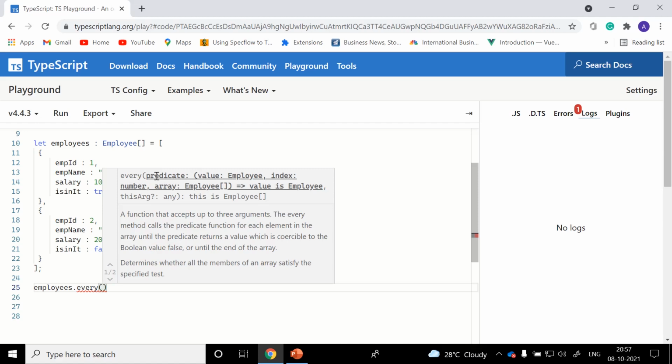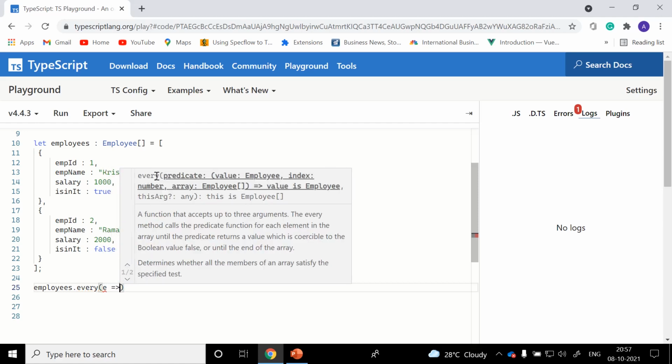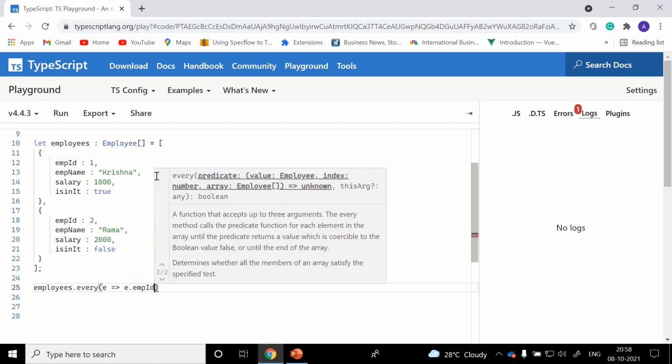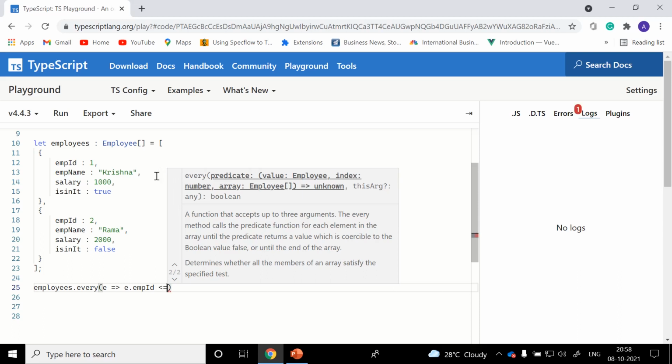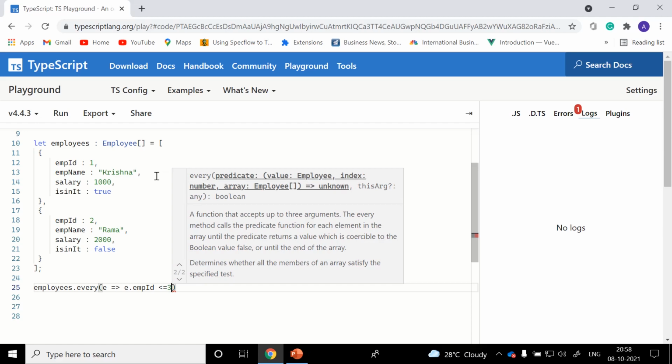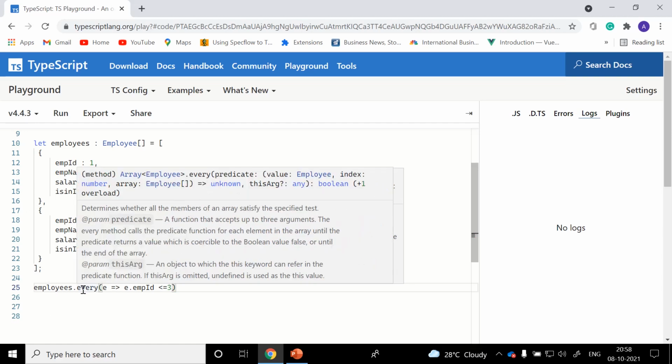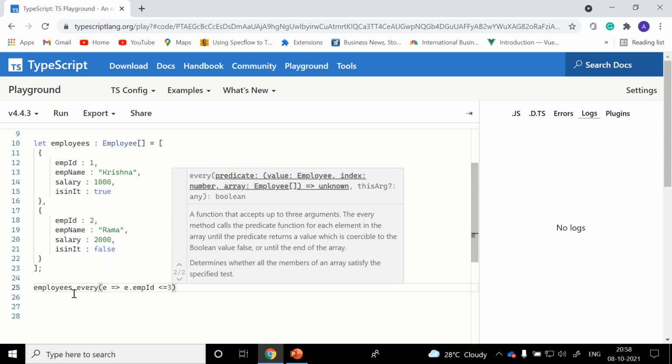For example, if you are planning to test whether an employee ID is less than or equal to 3. Our predicate checks whether all the employees present in this list of arrays satisfy our predicate or not.